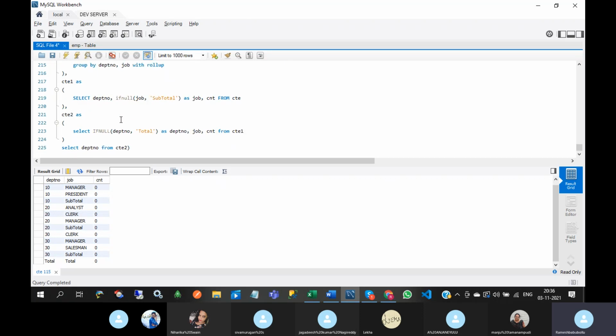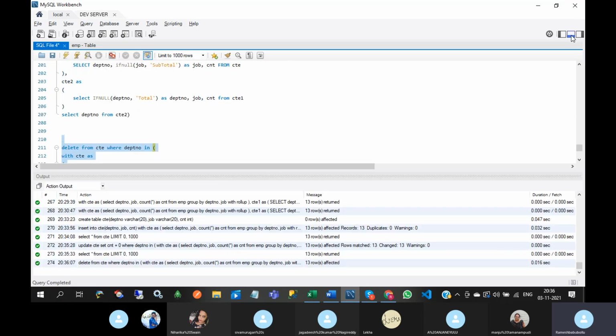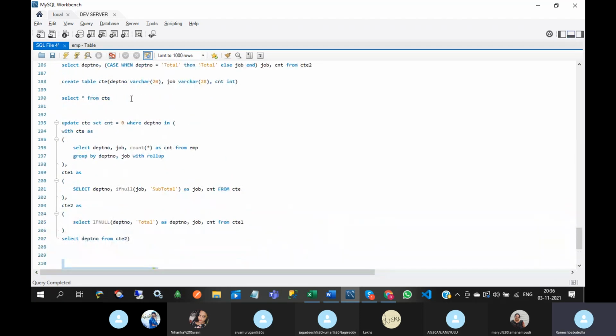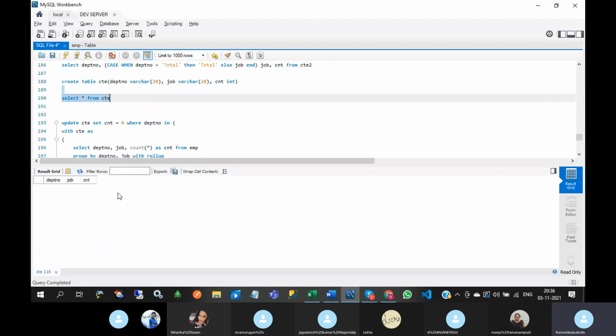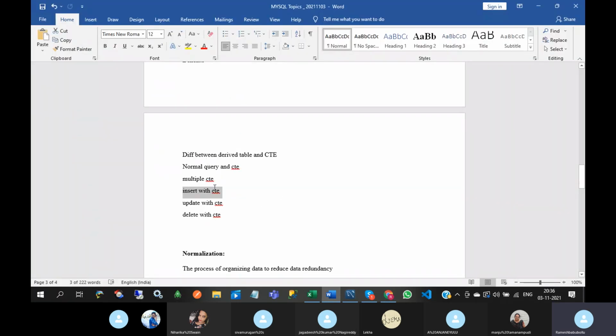So it will delete the entire records available in the CTE table. Entire records. So by using the CTE we can insert the result from the CTE into one table. We can update, we can delete, and we can fetch also.